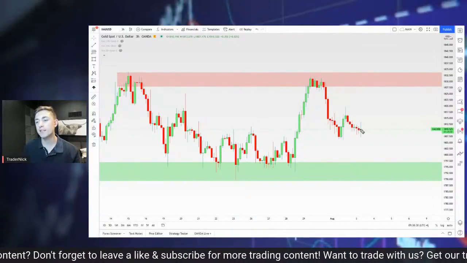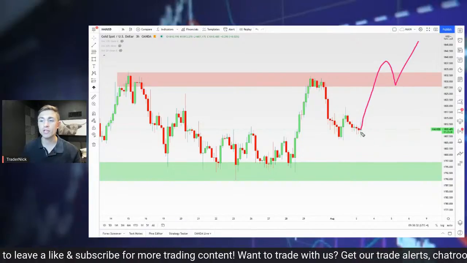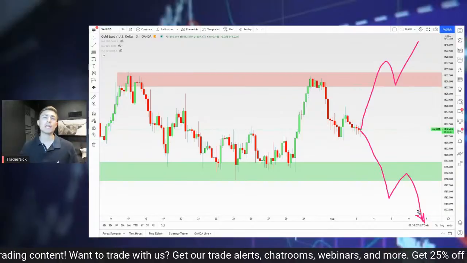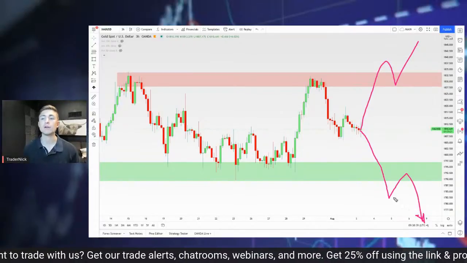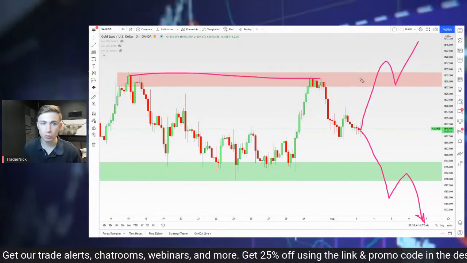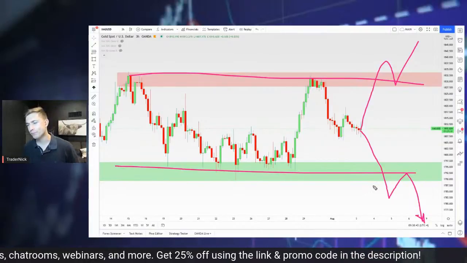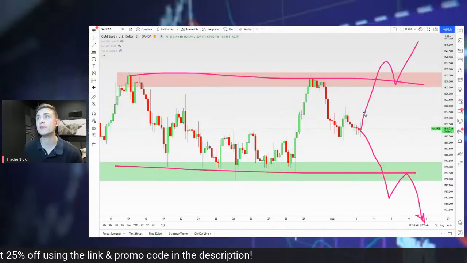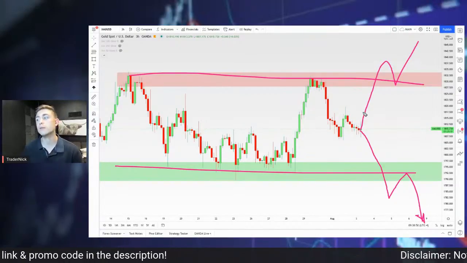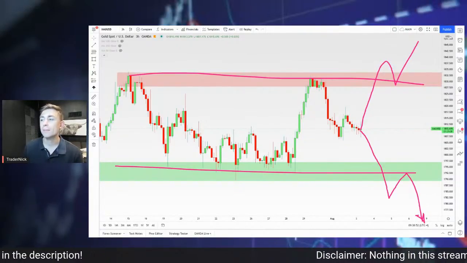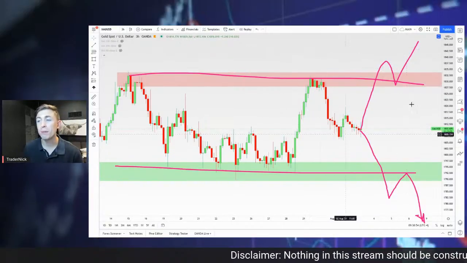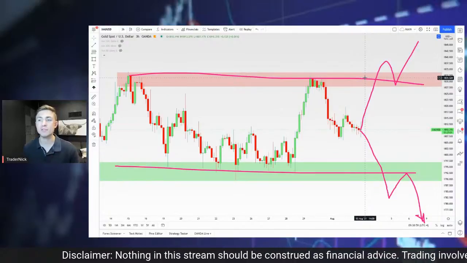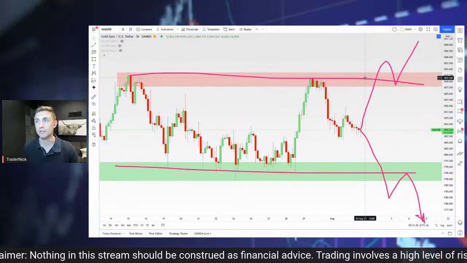I would love to see price either break above for continuation, or if the dollar gets strong, maybe we see some continuation to the downside. We're sort of in no man's land for me right now, so I don't have a strong opinion as to where gold would go. If anything, I am biased to the upside due to my dollar weakness thesis that I've talked about on stream and also inside of the group. So I am bullish biased on the gold market, but I would like to see it confirm that with some form of a technical breakout or something like that.